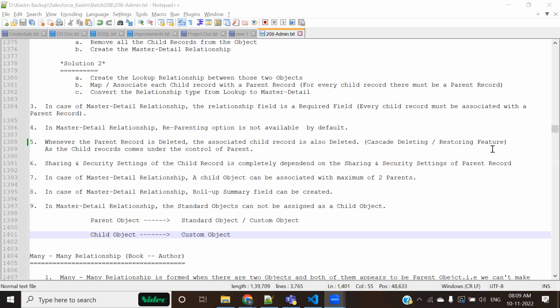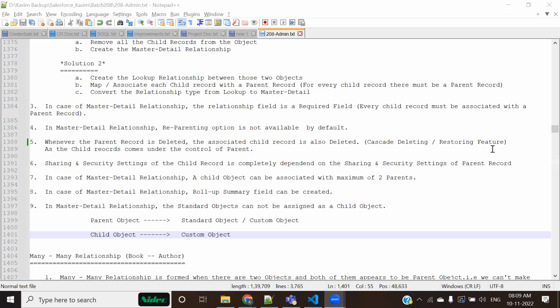Let's say position is my child, candidate is my child, and right now I am making an association of position with hiring manager, but in future this object position will also get associated with object number 2, number 3, number 4, number 5, number 6, like this.